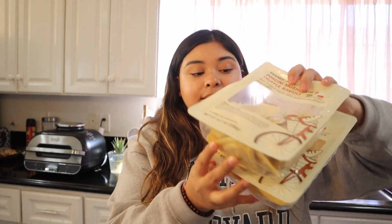I got 2 packs because they don't come with a lot to begin with, which is fine. A serving size is 1 cup, and I feel like this is 1 or 2 cups in here. So it'd be 1 day for me and Chris, or we can even split it up. Then this is gonna be pesto pasta. And I got pesto chicken that's already pre-made, so all I have to do is cut it up. And I did get pesto paste to mix up with